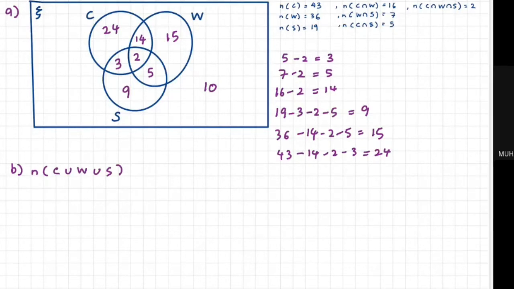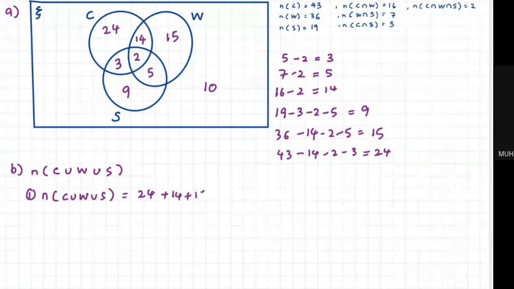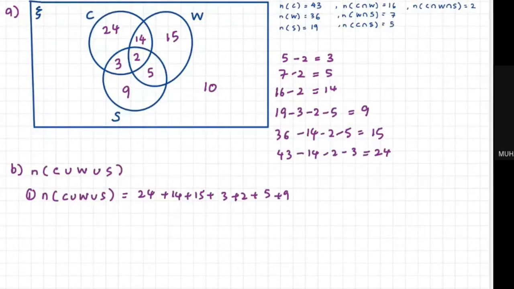Okay, sum up all these values. Number of elements in C union W union S is equal to 24 plus 14 plus 15 plus 3 plus 2 plus 5 plus 9. You will get